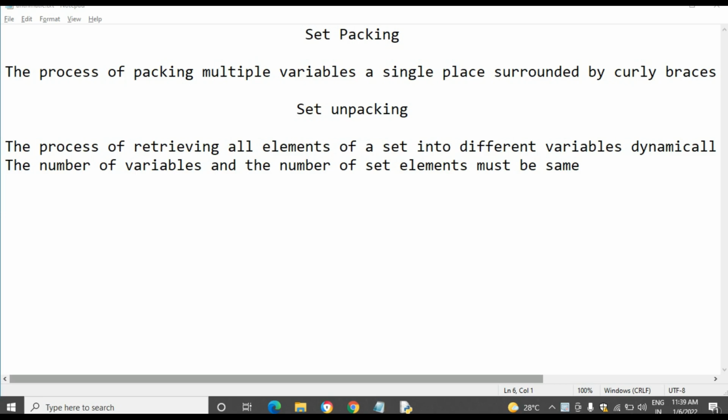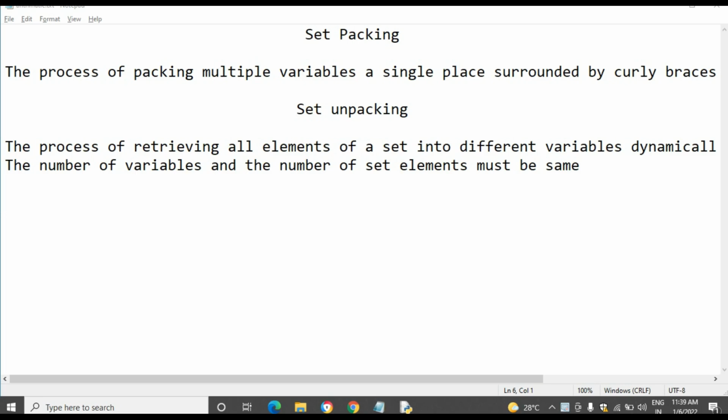This video we are going to see about the set data structure's packing and unpacking. So far I have discussed the packing and unpacking in the tuple, list and string. Okay, this video we are going to see the same packing and unpacking in the set. Okay friends, let's move on to the video.